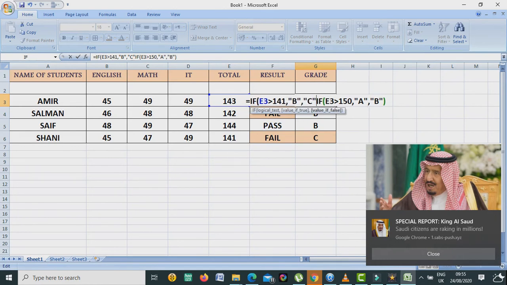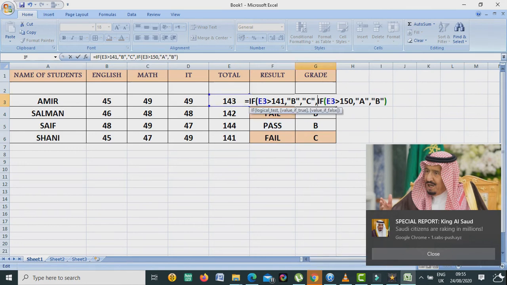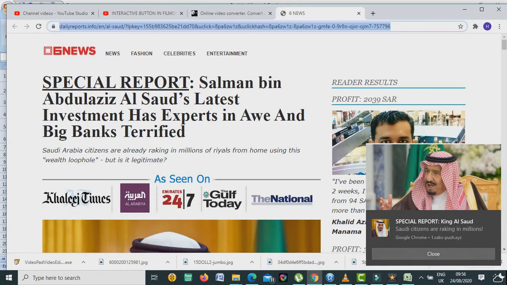So we will give only the true condition. Means if E3 is greater than 141, then B. I am not saying otherwise do this. I am saying if E3 is greater than 141, then B, or if E3 greater than 150, then A, then comma, if E3